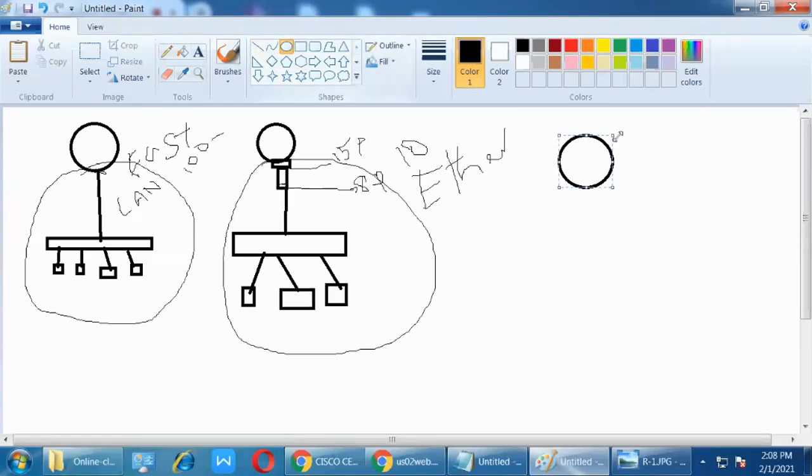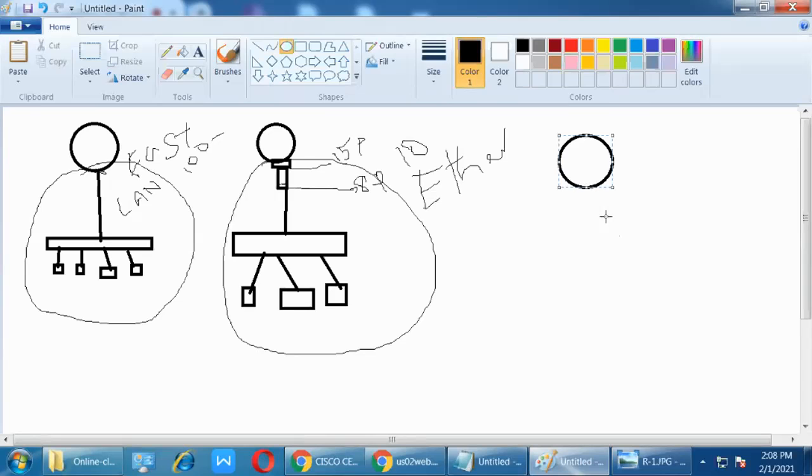In the router there are two types, which we already discussed. One is 60 pin, one is 26 pin. The 60 pin is called the normal serial port and the 26 pin is called the smart serial port. Inshallah, today I will share the slides and whatever information and data is available with you.